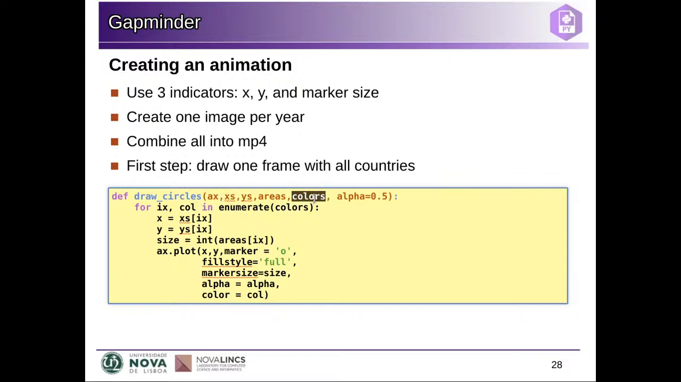So if we are plotting, for example, 4 countries with 4 different colors, we will have one area of the marker for each one, one y value and one x value. So all of these will be arrays of 4 elements. So we're going to enumerate the colors. We have the color and the position of the color in this array. We're going to get the x value from this array in the same position, the y value from that same position. The size will be